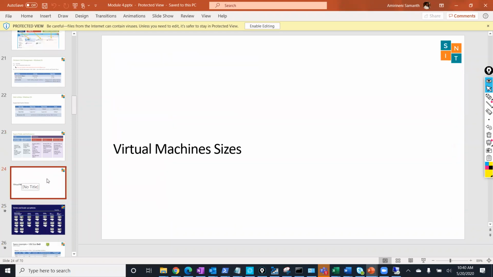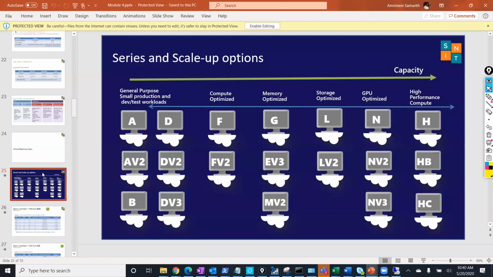This we have already discussed, but I'll show that in a pictorial diagram. So these are the virtual machine sizes available: A, B, and D, F, G. These are the SKUs which you have. So A, D, AV2, DV2, B, DV3 are general purpose virtual machines. General purpose, you can use it for testing, you can use it for development machines. If you're trying just to install a machine just for testing purpose, you can select from any of